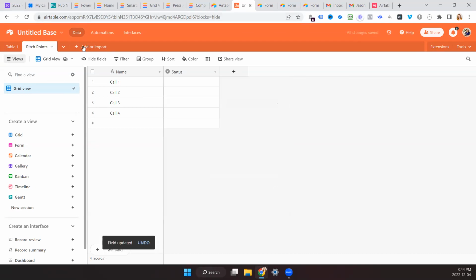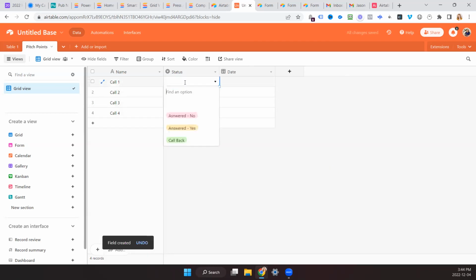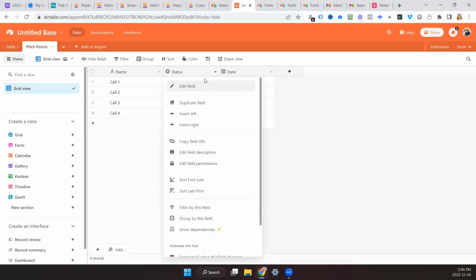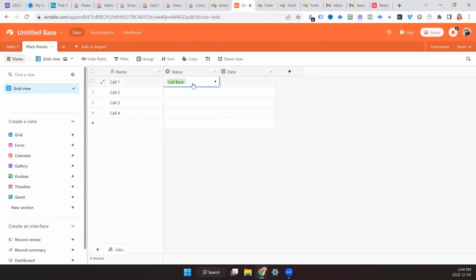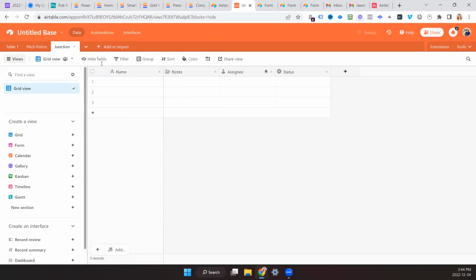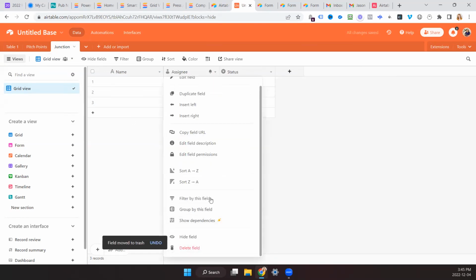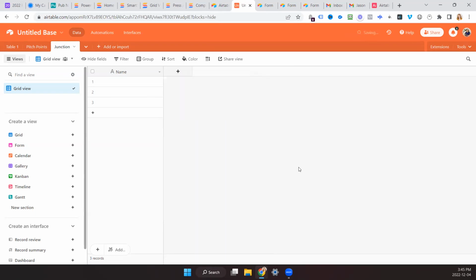So now we can do something called junction tables. And when you have a junction table, you'll be able to add a date created, or let's do date. When you have a junction table, you can make sure, so with call 1, it's always going to be... All right. Let me delete that. We want to basically have a place for you to merge these two fields together so that every call gets its own row with that one person.